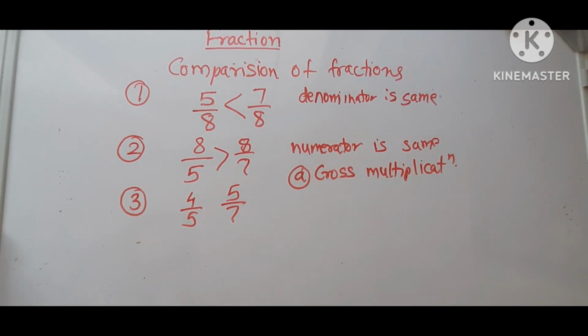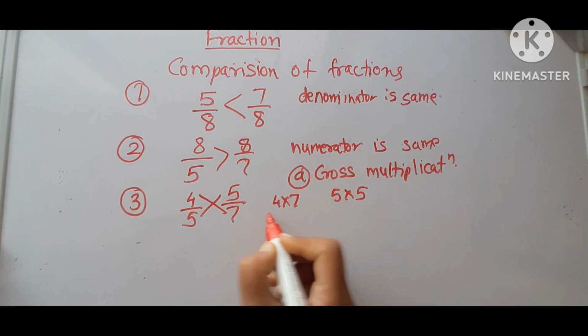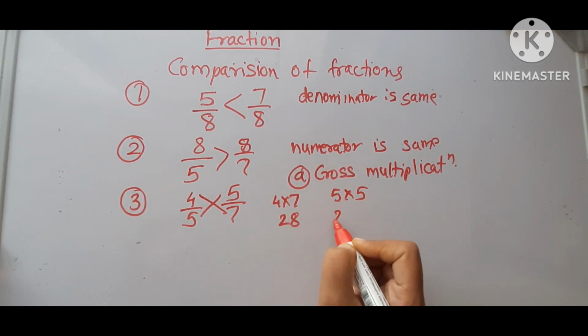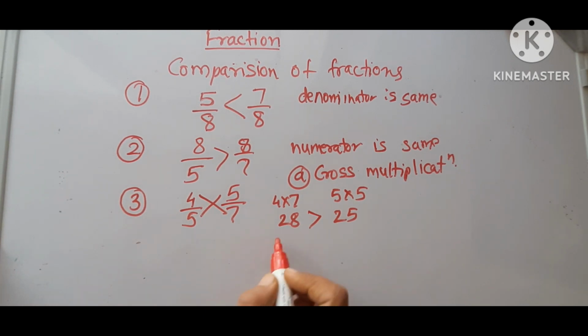Okay, what we'll do in cross multiplication, we'll multiply 4/7 and 5/5. 4 into 7, 5 into 5. 4 7s are 28, 5 5s are 25. Which one is bigger? 28 is bigger. So here what we can say is 4/5 is bigger than